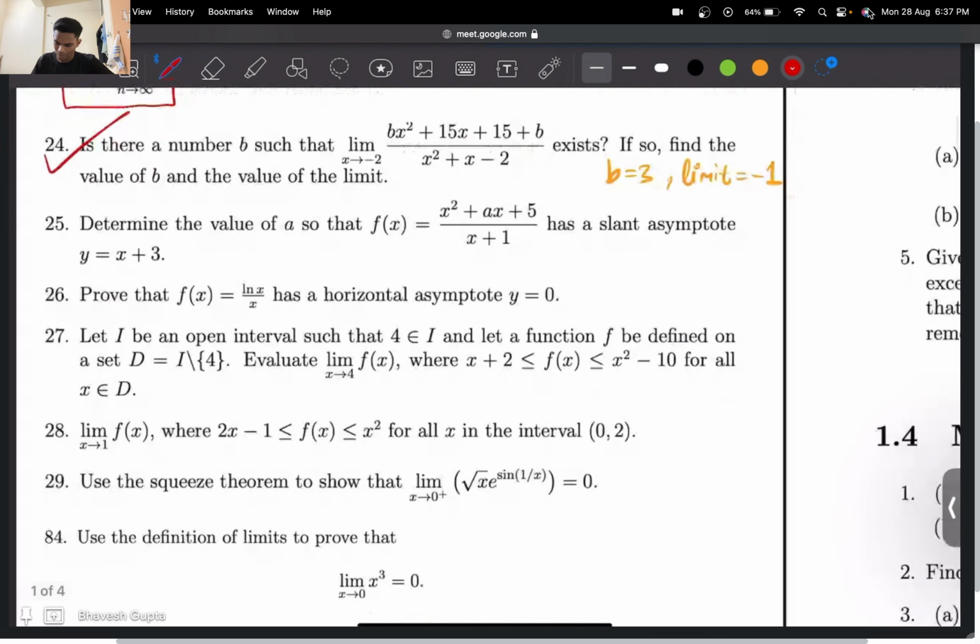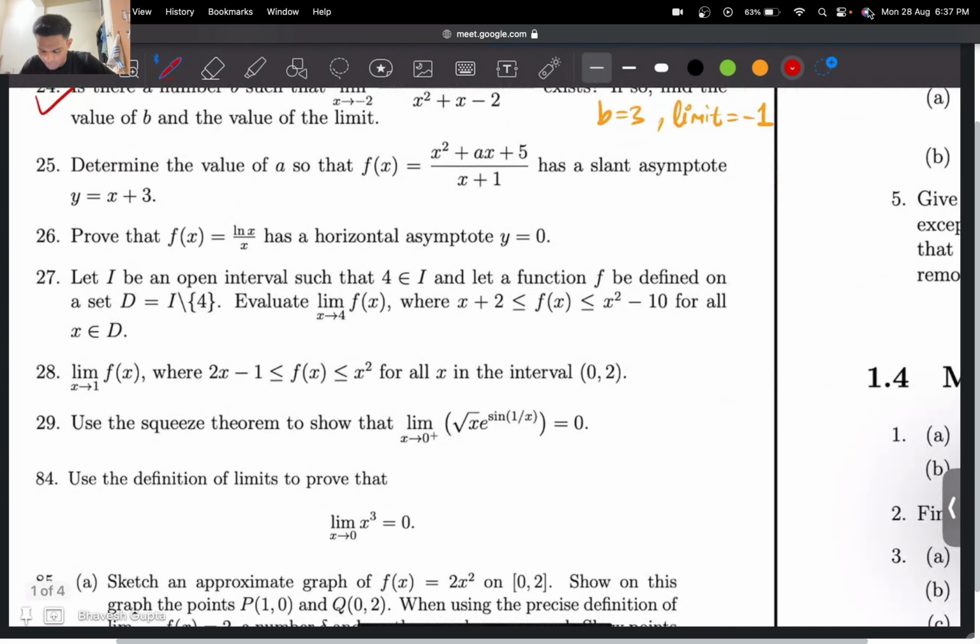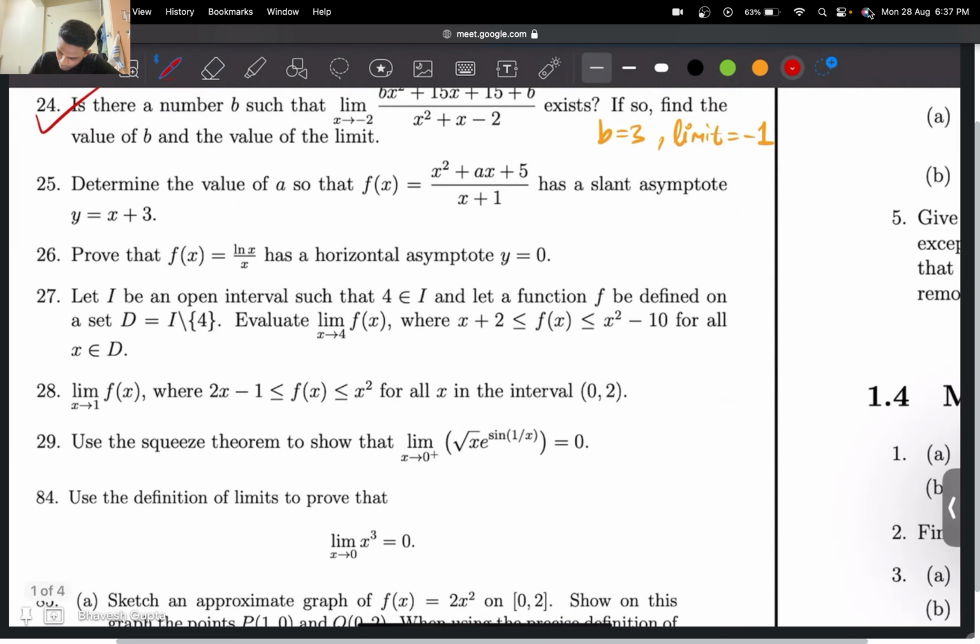Okay? I'll go back to the 25th question in which we have to determine the value of a so that the function has a slant asymptote y equal to x plus 3. So this is again an interesting question in which I'll tell you the answer. The answer is a equal to 4. I have solved this question earlier as well. And it turns out that this function can be written as,